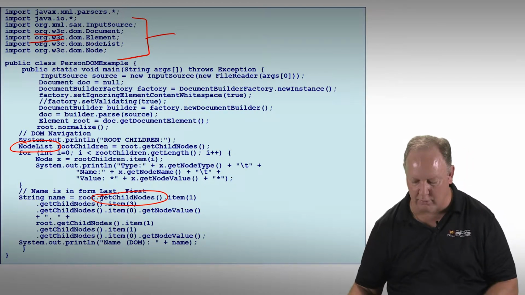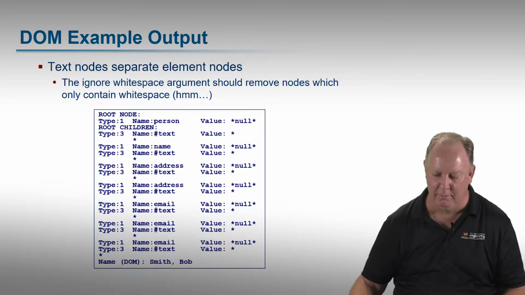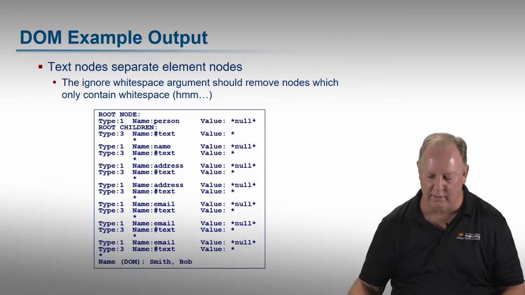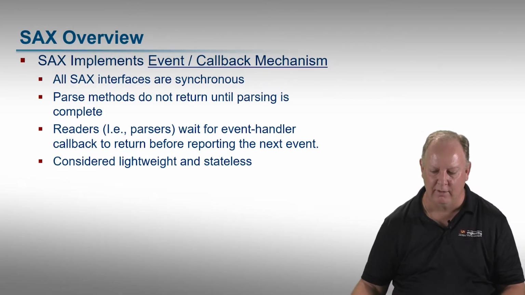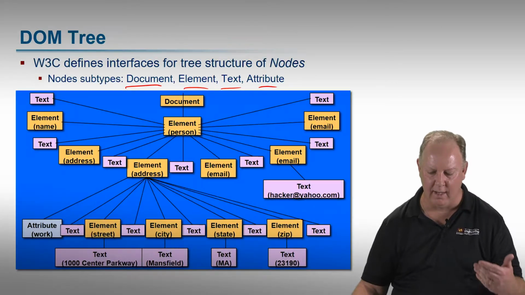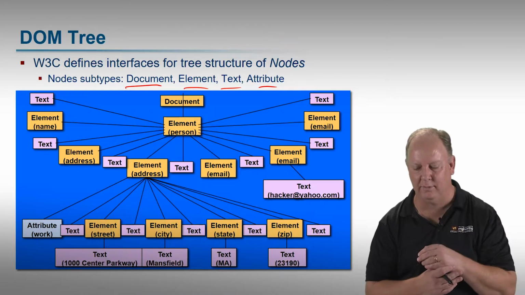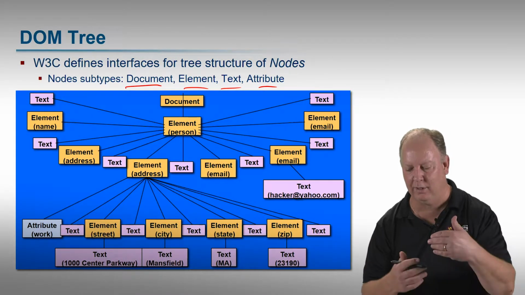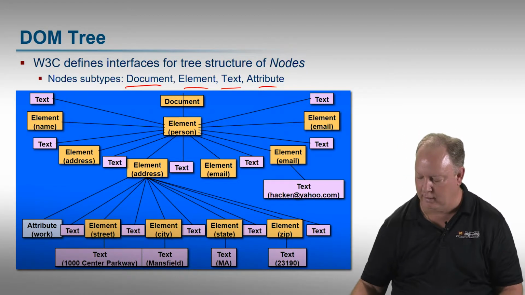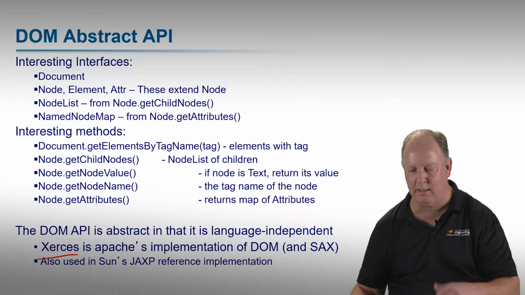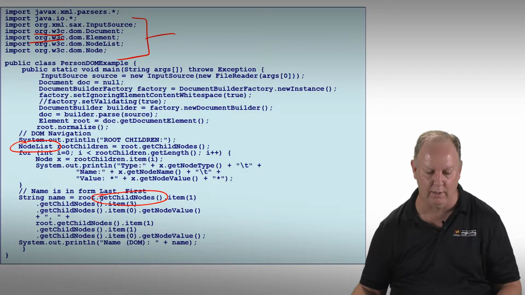Okay, but again, refer to the code walkthrough to go through this example and others in detail. You'll see values that come out like this, meaning it's actually going to traverse the entire tree, including different types of nodes and the like. All right, so that's all DOM does. The DOM basically takes in the big textual string in the XML file, converts that string to a tree, puts that tree with these standard node types inside of memory, and then provides these methods and many others that allow you to traverse around a tree programmatically to output things that you might want.